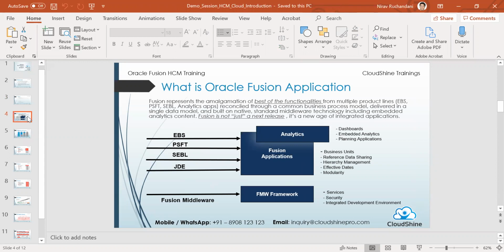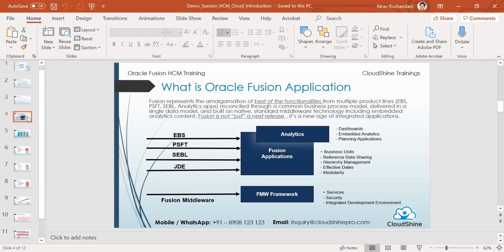All right. So if you can see the screen, basically this is what the Oracle Fusion application is about, or rather the history of Oracle application. So basically, Fusion applications is a cloud-based offering of Oracle, which is intended to help the entire hire to retire life cycle, from recruiting till the time an employee leaves, or for that matter even after the employer rehires, or the employee is joining the organization again.